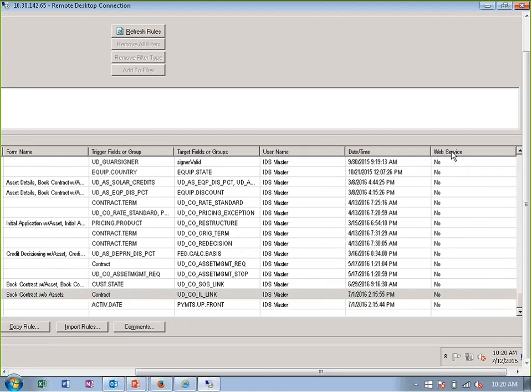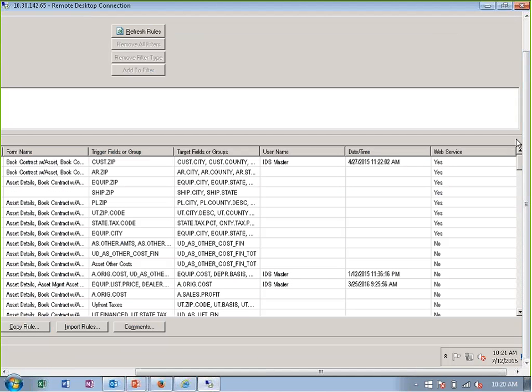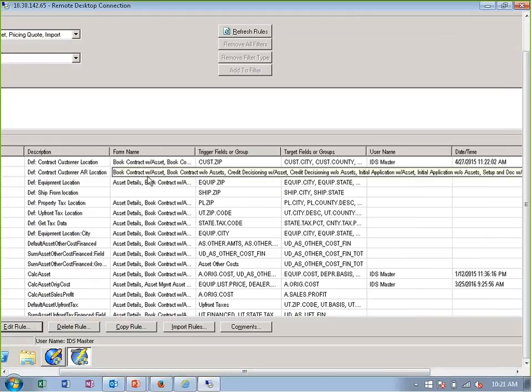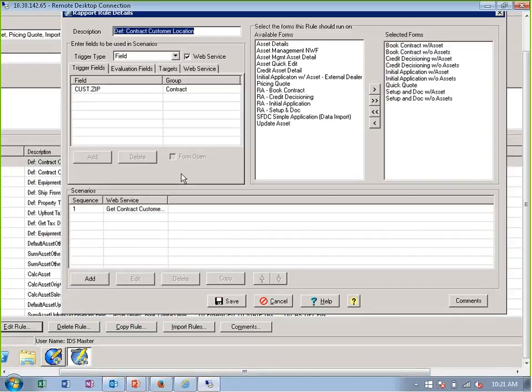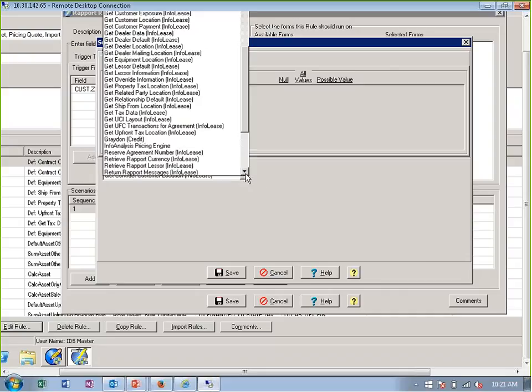And the first thing that I wanted to show everyone was the distributed postal code lookup that we put in as a part of a distributed web service with InfoLease. So I clicked on a rule that I have set up to default the contract customer location, and I'm in the scenario right now, and I just wanted to show everyone that as a web service,